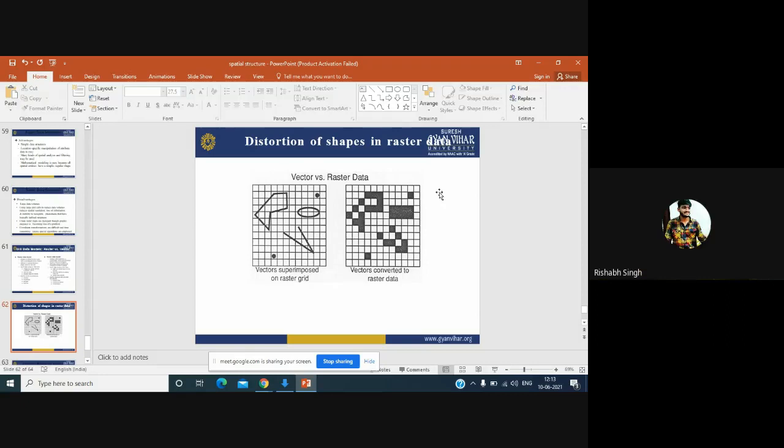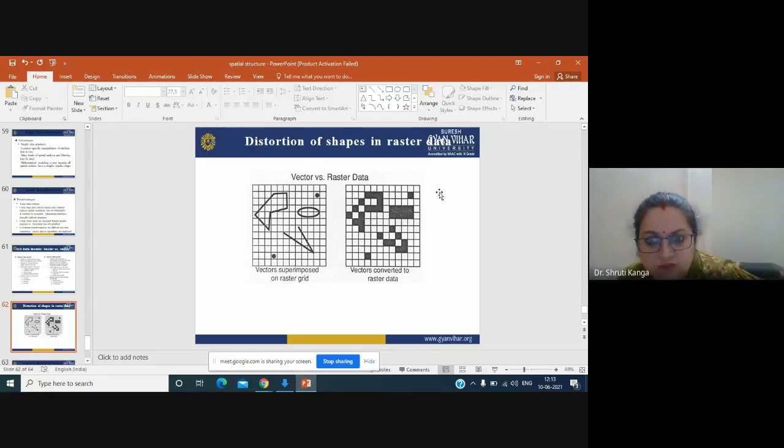Now this is a pictorial representation. In the case of vector, you can see here, this is what we were talking about, that shapes can be better put up in this vector data model. Here you can have a rough idea about the shape but not a proper idea.